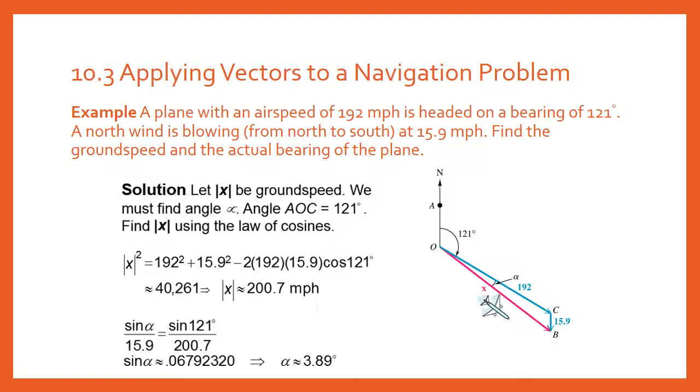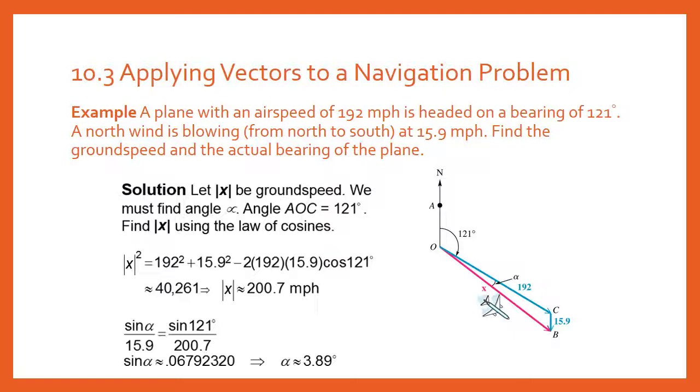One of the rules you learned in geometry is that when a transversal crosses parallel lines, alternate interior angles are congruent, which means angle C is 121 degrees, because angle C is an alternate interior angle to angle AOC. So knowing that angle C is 121 degrees, and that OC is 192 and CB is 15.9, we can find the magnitude of vector x. So we do the magnitude squared, and we use the law of cosines. The formula you see there is the law of cosines, and we get that x is 200.7